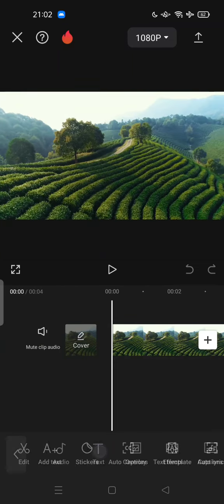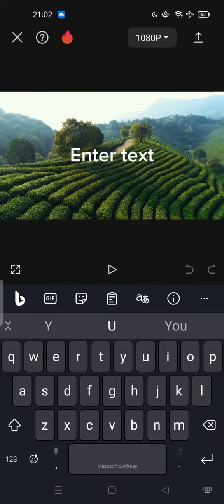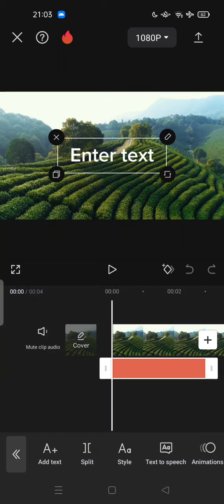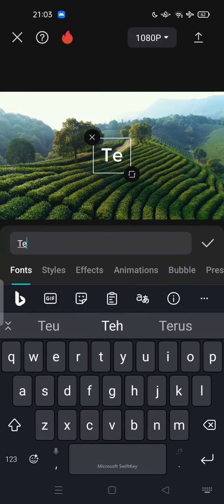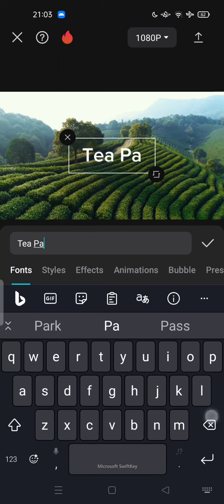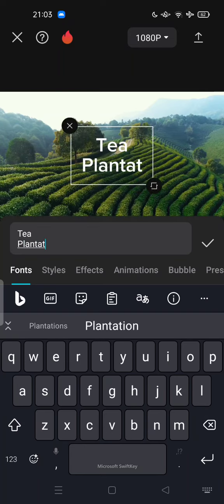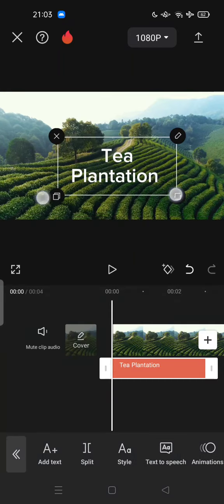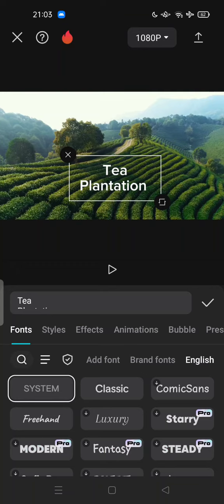So all you have to do right now is tap the text button and then add text here. You can type anything here. For example, I want to type "the tea plantation" here. So done. You can adjust the size, and after that you can tap on style and use